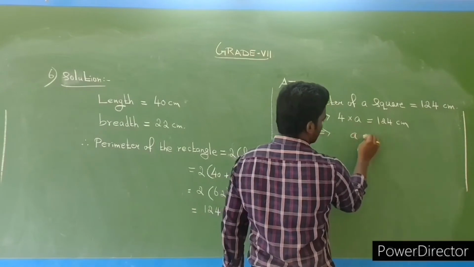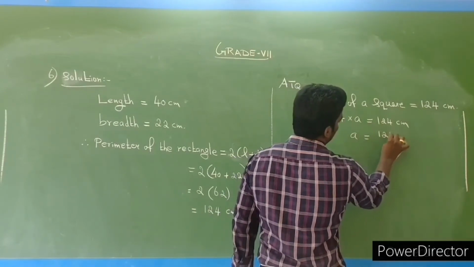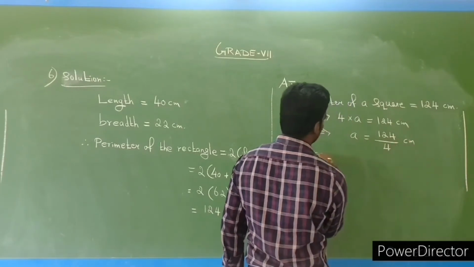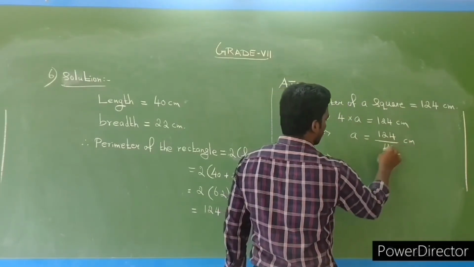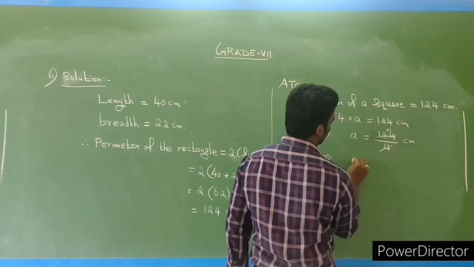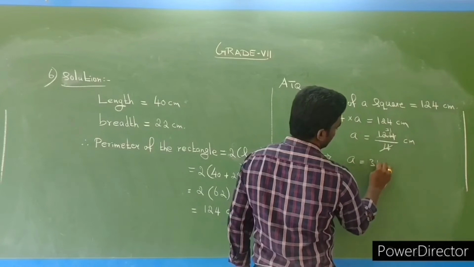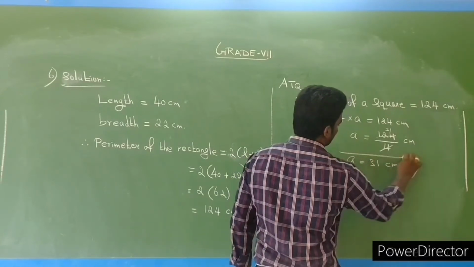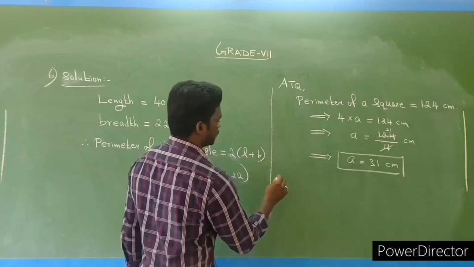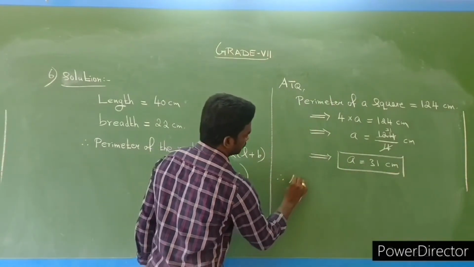Implies A is equal to 124 and this 4 transposing to division. So 124 divided by 4 centimeter. So 1 4s are 4, 3 4s are 12. Next, what is that? 1 4s are 4. So A is equal to 31 centimeter. Therefore, side of a square is 31 centimeter. Next, what is that? Therefore,